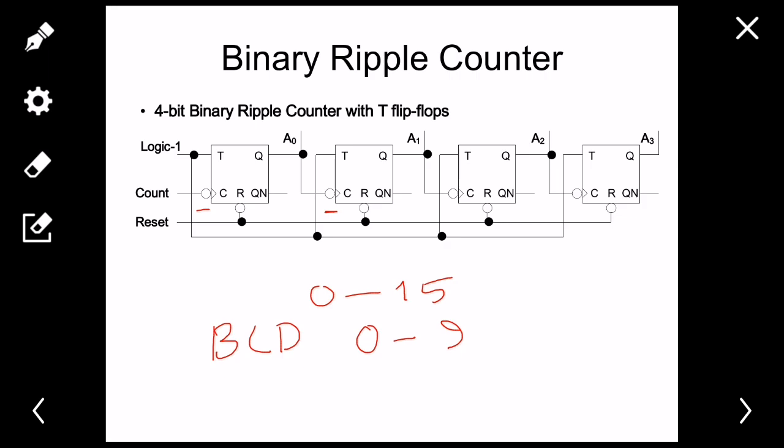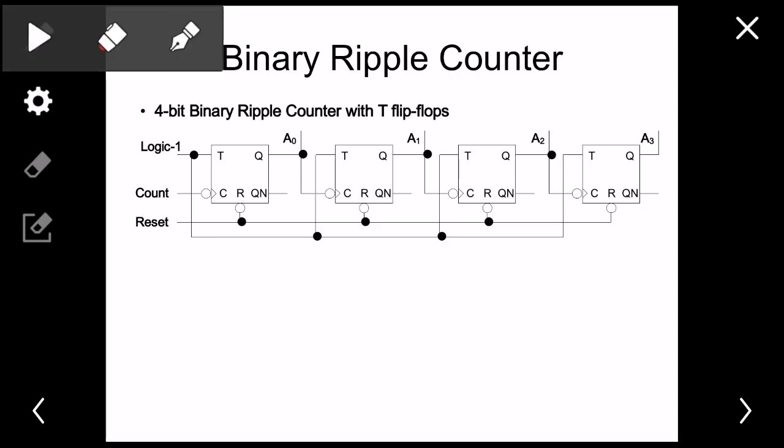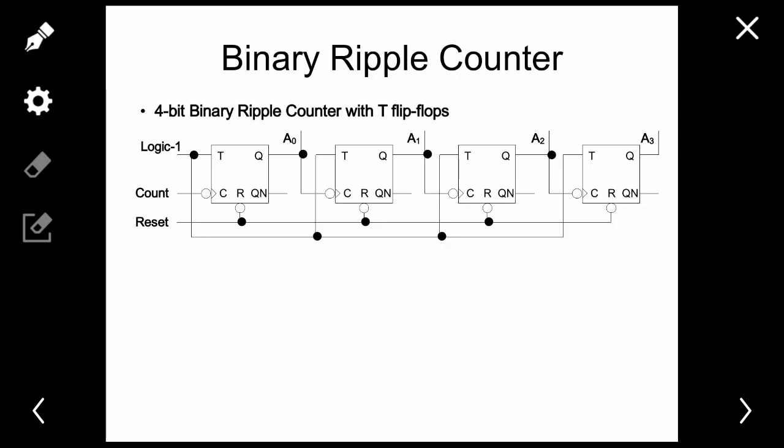So how do we make a BCD ripple counter? It is actually very easy to do. Let me show you how to make a BCD ripple counter from the 4-bit binary ripple counter. First of all, I need a 4-bit binary ripple counter. So here it is in front of me. I want the 4-bit binary ripple counter to give the states from 0 to 9, right? I need this